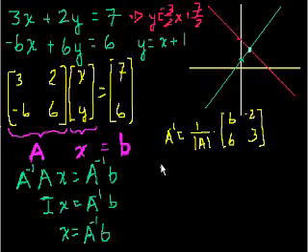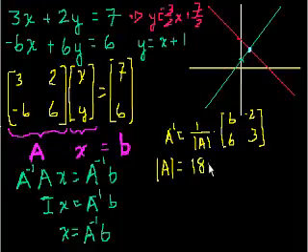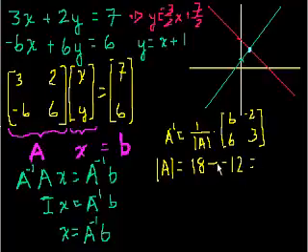And what's the determinant of A? The determinant of A is equal to this times this minus this times this. So 3 times 6. 3 times 6 is 18 minus this times this. So 6 times 2 is 12, but that's a minus 6, so it's minus 12. So minus minus 12 is equal to plus. So 18 plus 12 is equal to 30. So what does A inverse equal? 1 over 30 times this thing. So A inverse